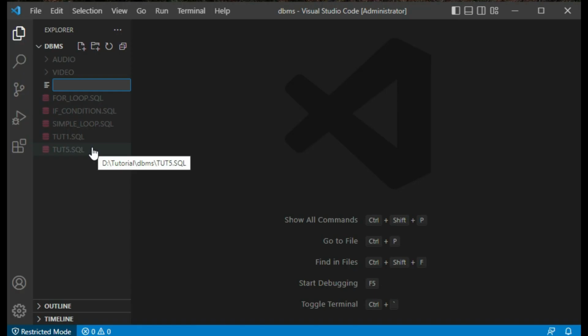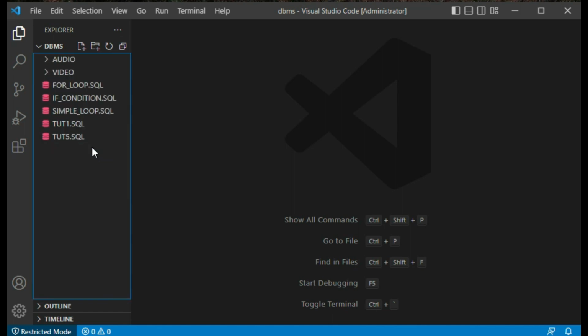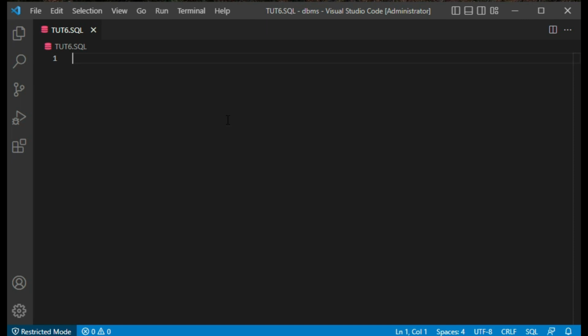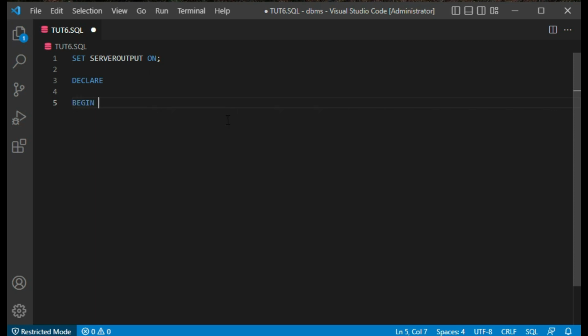So first I am creating one file, its name is tut6.sql. I am going to set serveroutput on. Here we have the declare section, begin, and the last end section. The syntax of cursor is